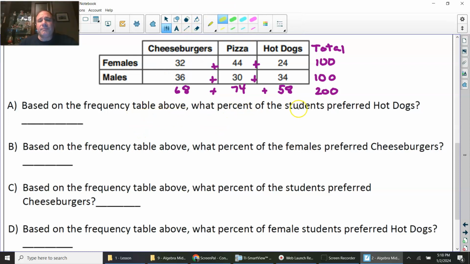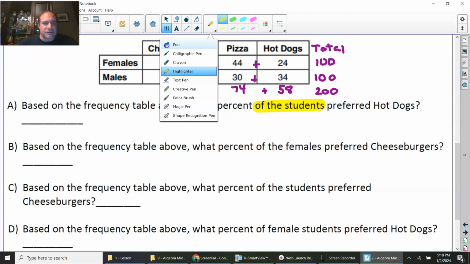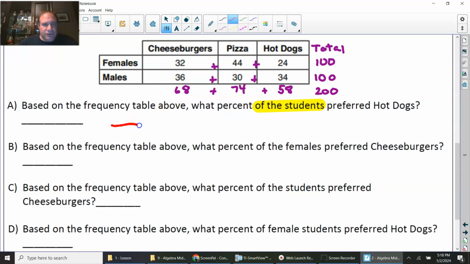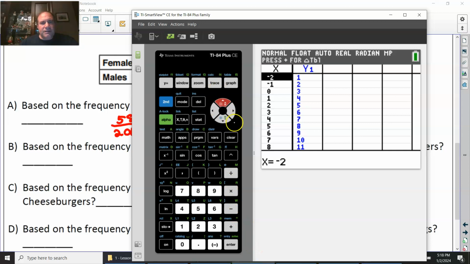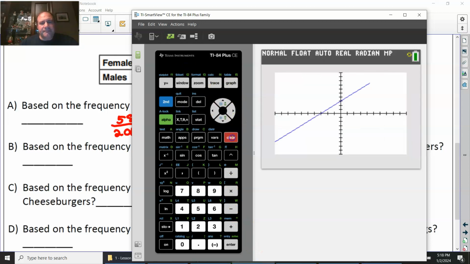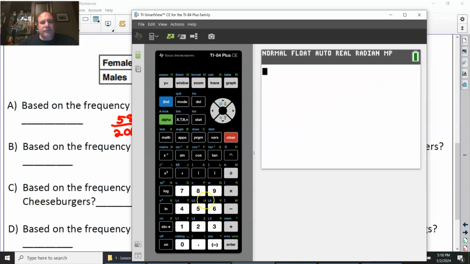All right, so now that you have all the totals down, we are going to slowly do this based on the frequency table above. What percentage of the students, stop, full stop, of the students, of all students, 200, prefer hot dogs? Out of everybody, how many people prefer hot dogs? 58. So I'm going to graph this and clear it. 58 over 200. 58 divided by 200. And that is